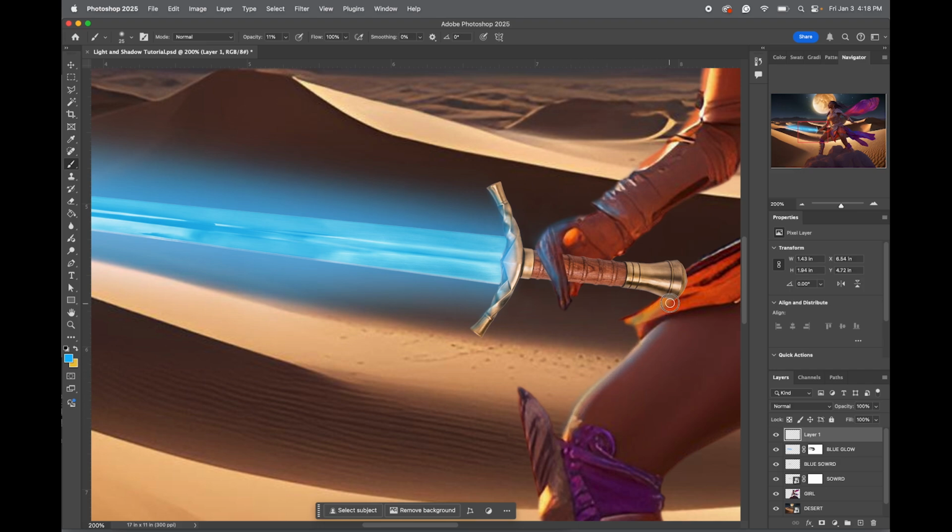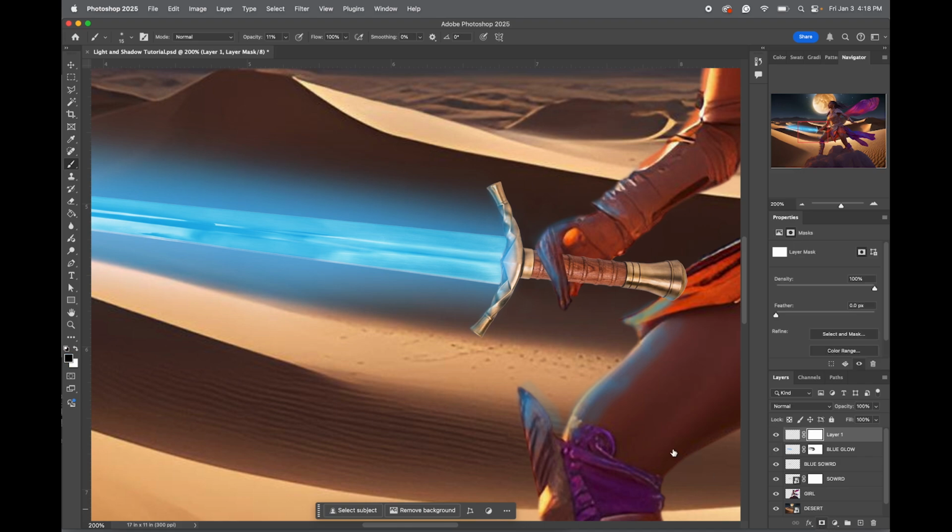And even her garments. Her boots. I'm going to make my brush a little bit larger. Just a little bit smaller to get some details. And then I'm going to, let's see,